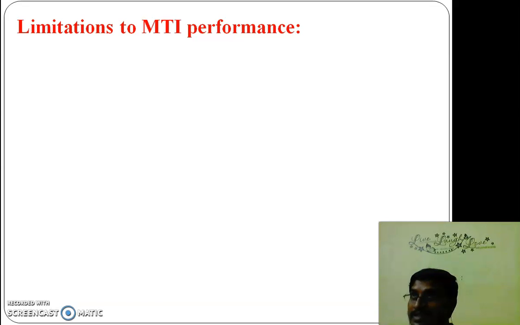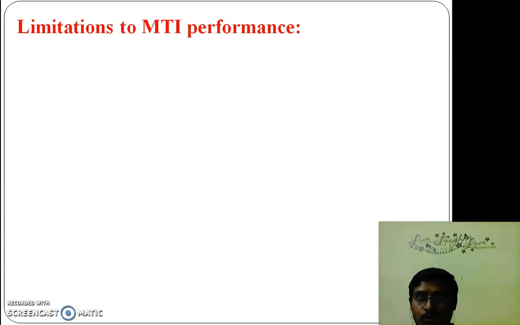Actually, clutter is a stationary target, but a tree is stationary while its leaves are changing. Take sea water, which fluctuates up and down. So there are some internal fluctuations of clutter that also limit performance. We are using a limiter in the receiver, that also limits the performance. If equipment is not ideal, that will limit the performance of MTI radar.